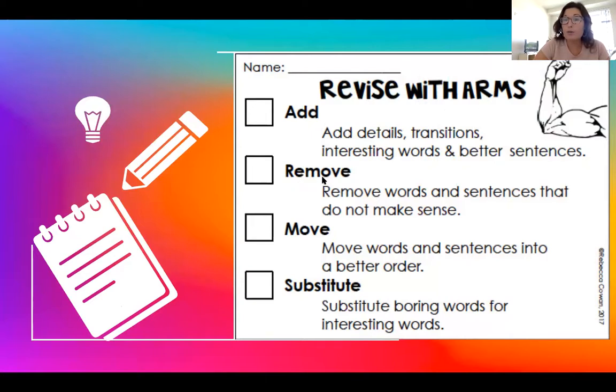R stands for remove words and sentences that do not make sense. M, move words and sentences into a better order. And end with S, substitute boring words for interesting words.